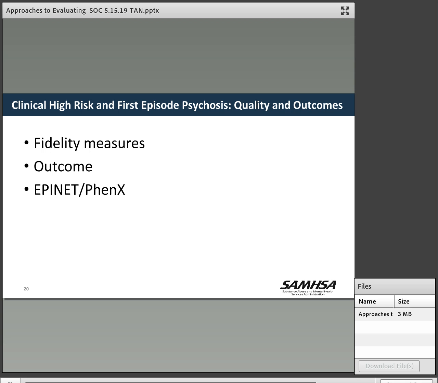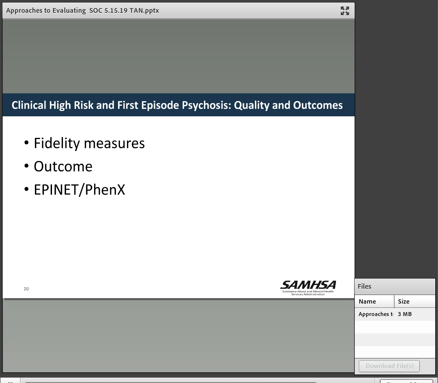We have some fidelity measures we use. Coordinated specialty care is, for those of you who don't know, kind of like wraparound in a way, or community treatment. It's one of these multi-area interventions where you have a team approach and different components of the team approach, and there are ways of measuring fidelity. So we're measuring fidelity in our national evaluation. We're looking at outcomes,